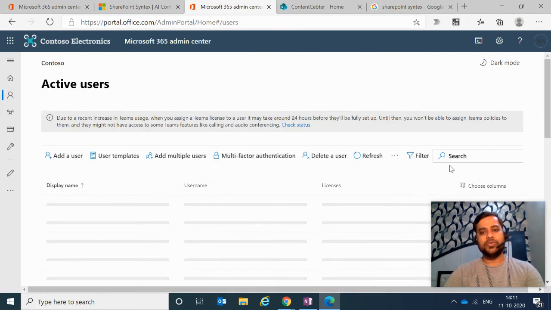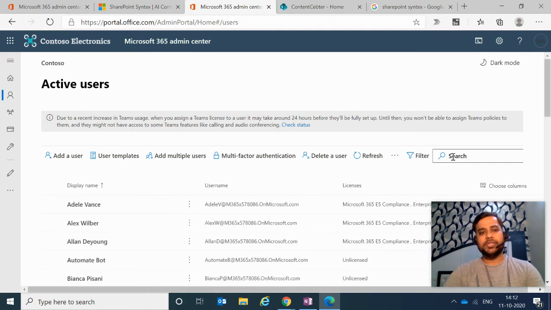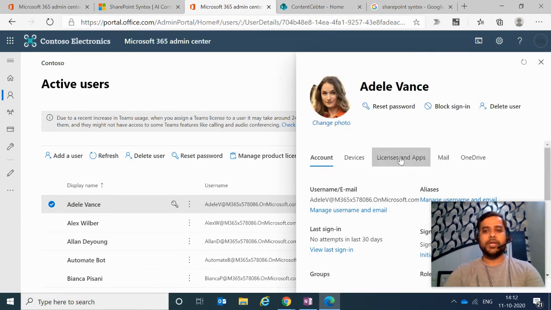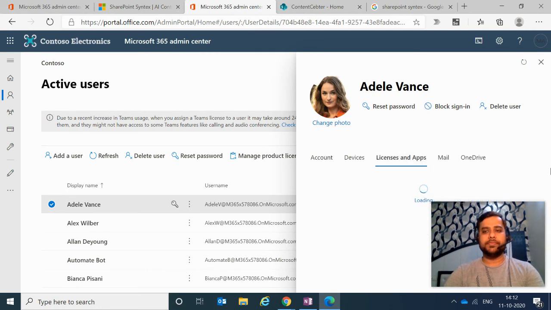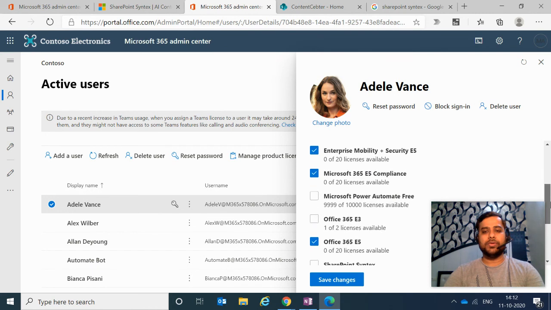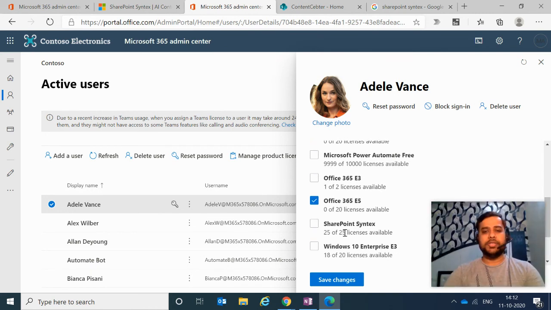For that, just go into the active users section in the Office 365 admin center, and select any user to whom you want to assign a license. Click on license and apps. Scroll down. Here you will see this SharePoint Syntex, 25 of 25 licenses available. Click on this.